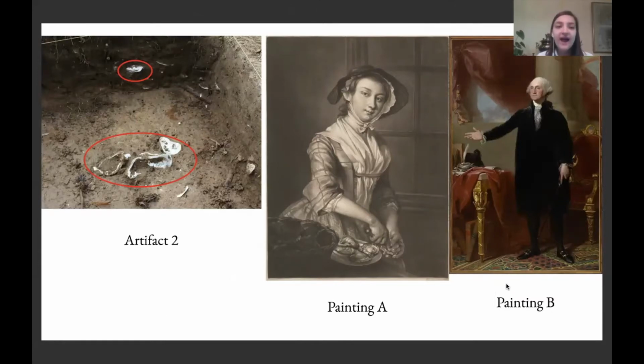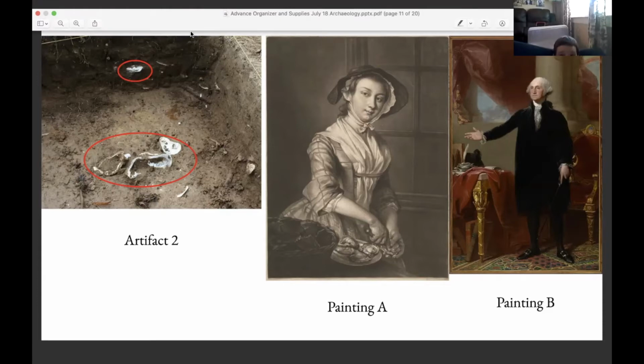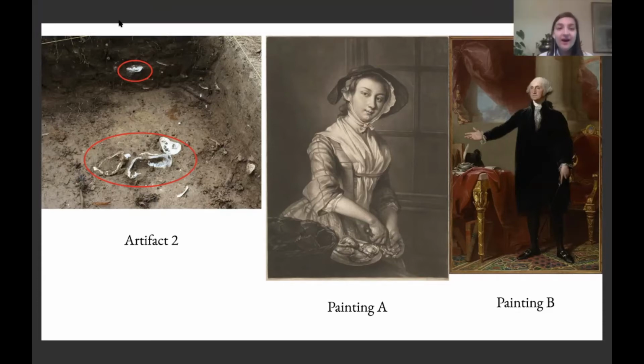So take a look. Is that a bone? That is such a good guess. Oh my gosh. This is not exactly a bone, but it does come from an animal. So that is your first hint. I'm going to give everybody some time to study painting A and painting B, and then give me some guesses about whether you think this artifact that's still in the ground is...